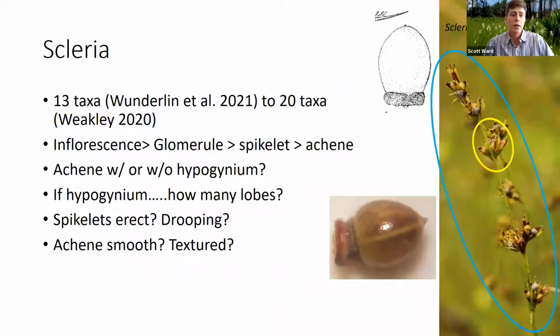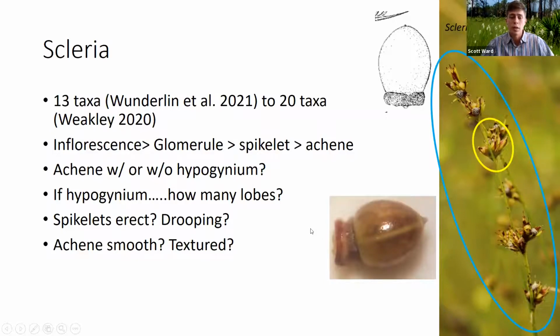Moving on to Scleria, the nut rushes. These are really interesting and sometimes kind of quite small species. There's about 13 to 20 taxa depending upon the floral treatment. Looking at this blue circle here, this is the whole inflorescence, or if it's fruiting, the infructescence. And then you can kind of break it down into these clusters. And then within these clusters, there are spikelets. And then if you kind of peel out the akene here, you can actually get to sort of the lower